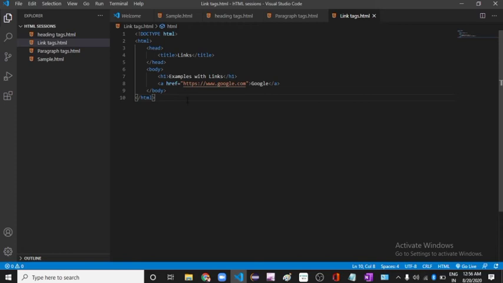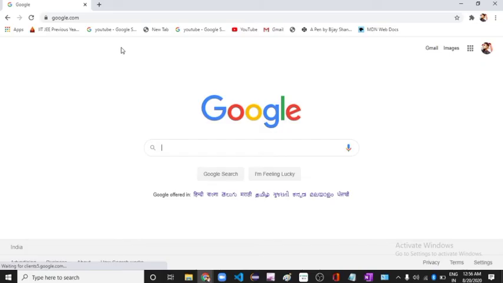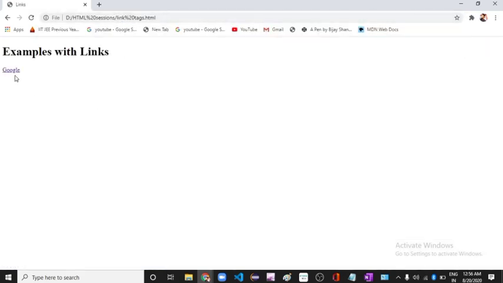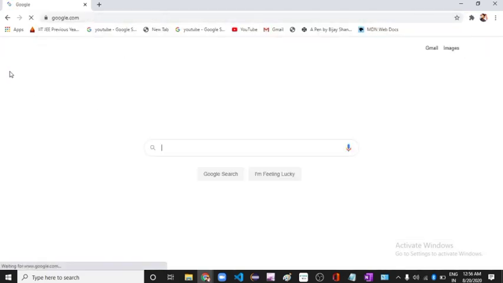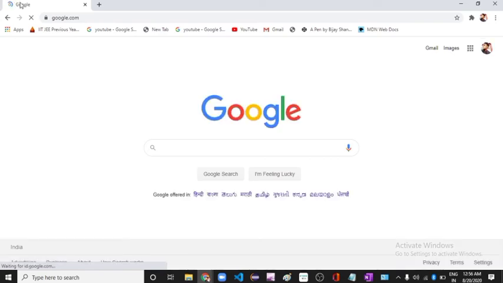Now see one thing: if you click on Google, in the same tab you are moved to Google.